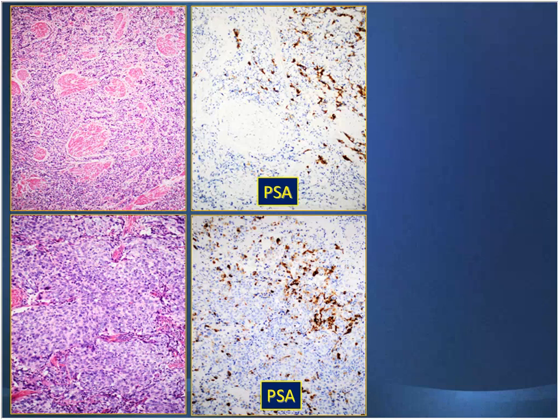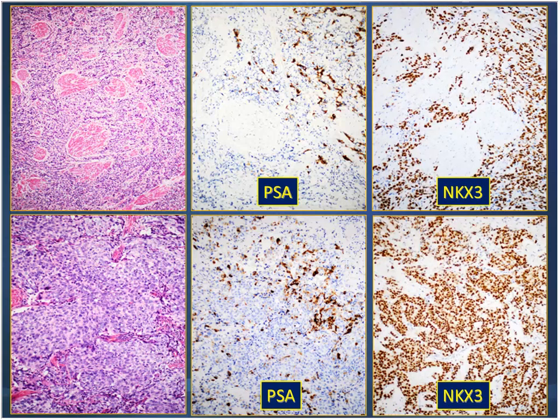Prostatic specific antigen, or PSA, is a fairly specific marker for prostatic carcinomas, but it may not be as sensitive. It may be focal staining in particularly poorly differentiated tumors. And in a small biopsy, therefore, it could be potentially negative. The NKX3.1, however, is normally universally expressed in tumors of prostate origin, regardless of degree of differentiation,